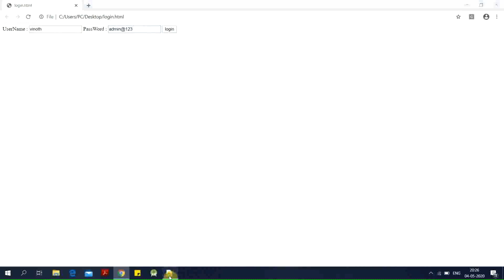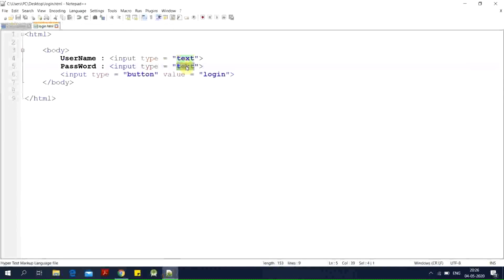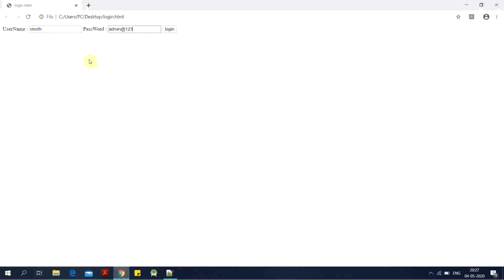How to do that? Go to Notepad++. There I'm going to change it. Input type equal to, you just have to give password. That's it. The file is not yet saved, so I'm going to save this file using Control S. It is saved. How can we tell whether it is saved or not? Here it shows in blue color. If you are not saving it, it shows in red color. Am I right? Yes.